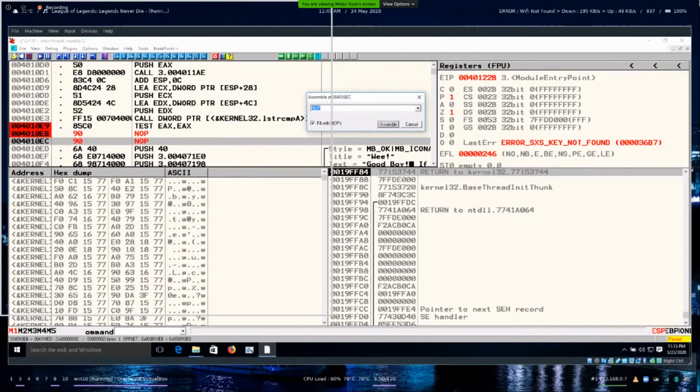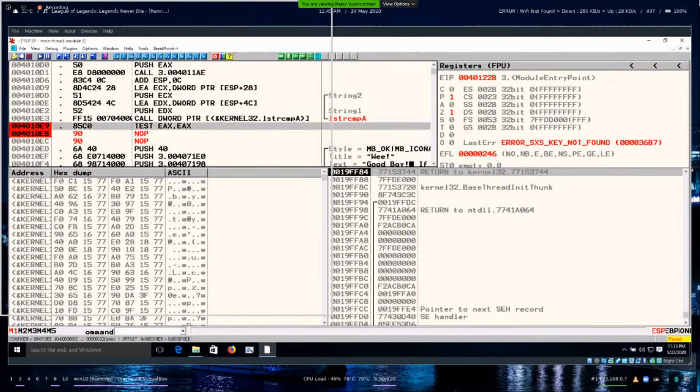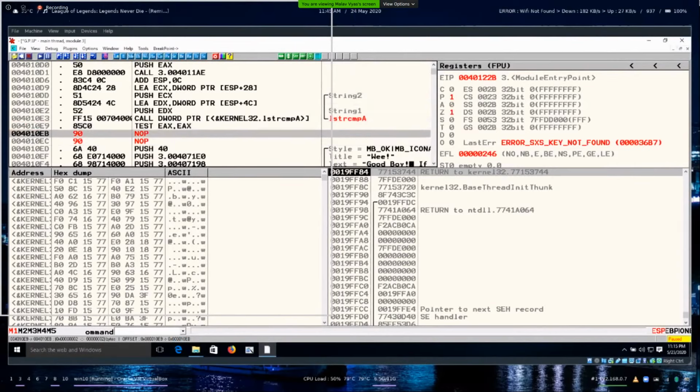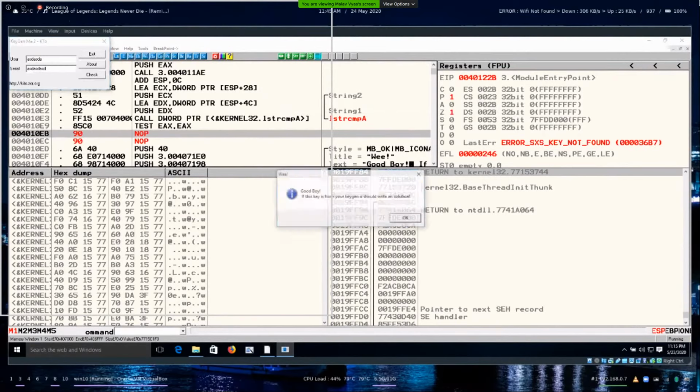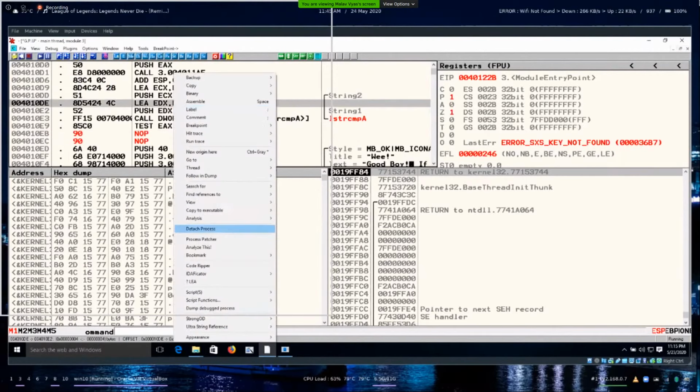As we have seen before, what NOP does is it simply won't execute anything. And remove the breakpoints. F9 to run. Okay, it works.